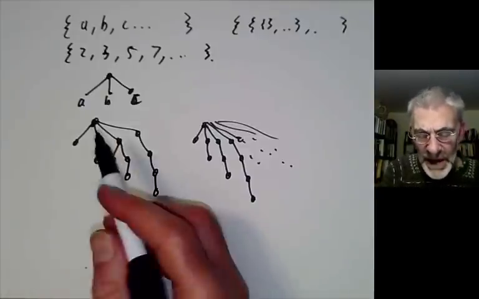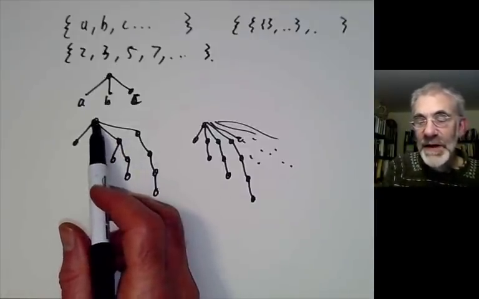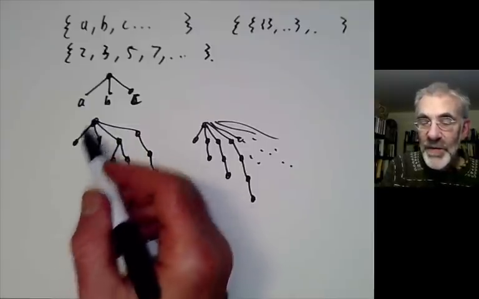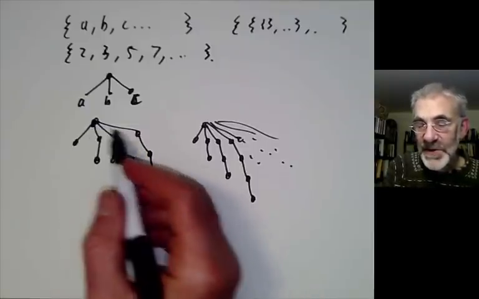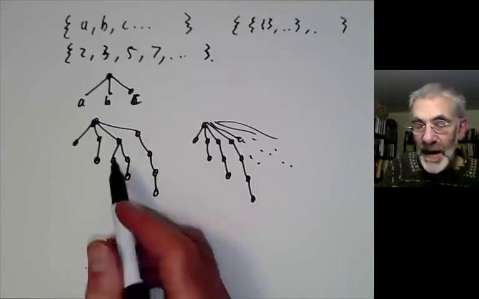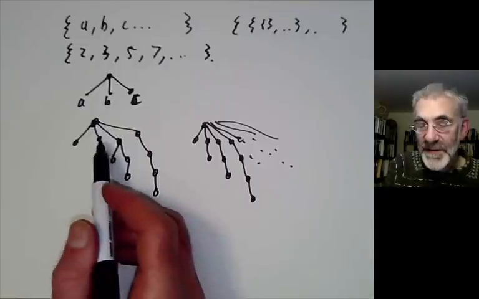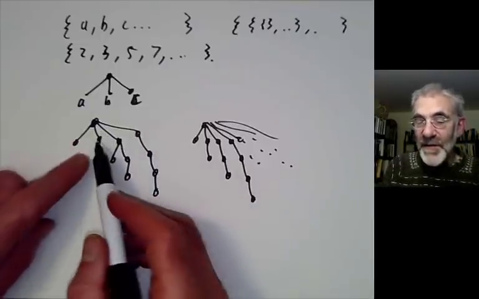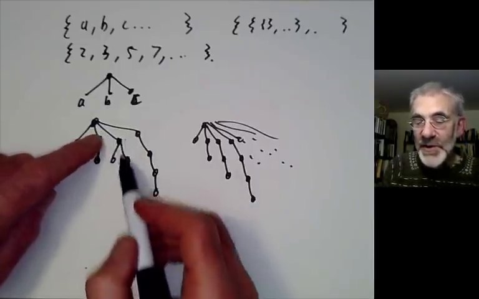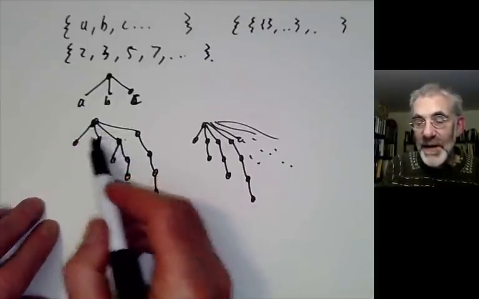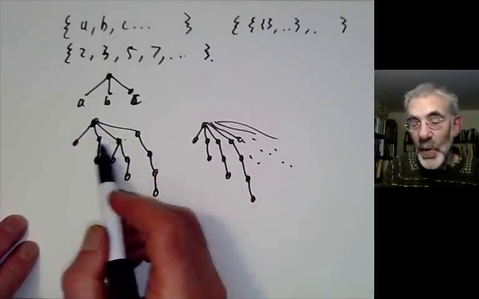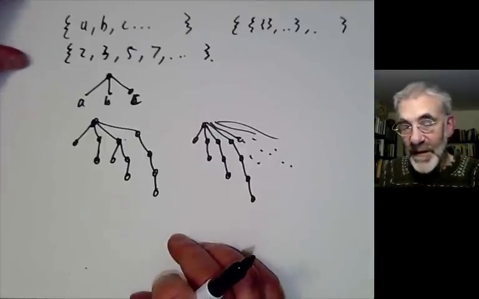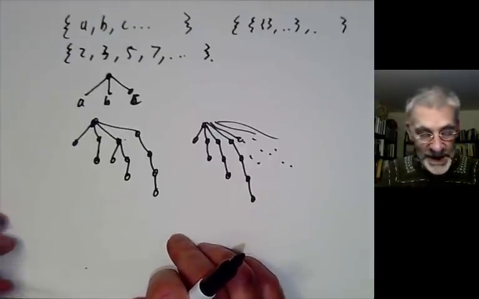So that gives a sort of informal way of picturing a set. You can think of it as being a tree with all branches of finite length, but a possibly infinite number of branches. And also this condition that the axiom of extensionality means that, for example, this tree and this tree have to be different because you're only allowed one copy of each object in a set.